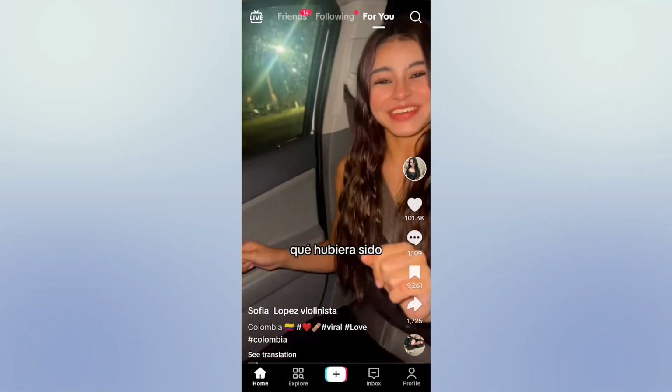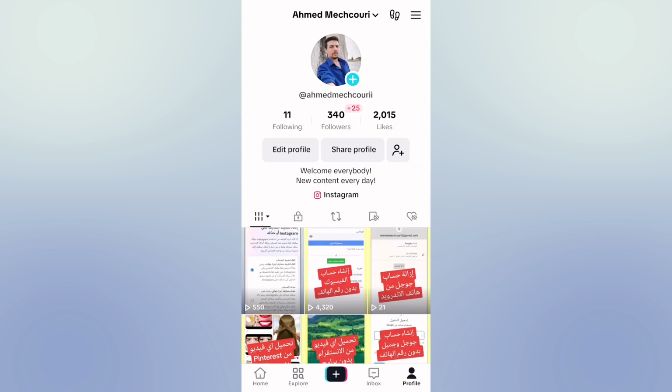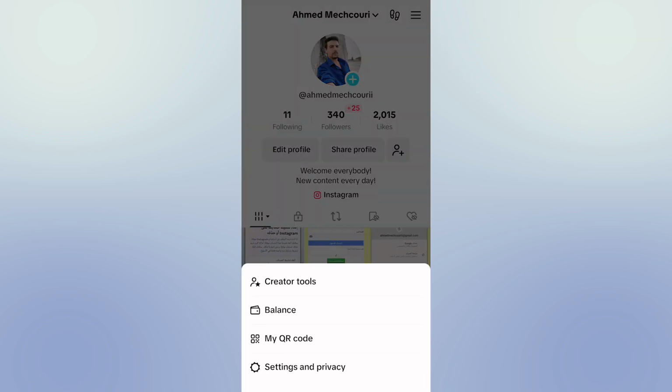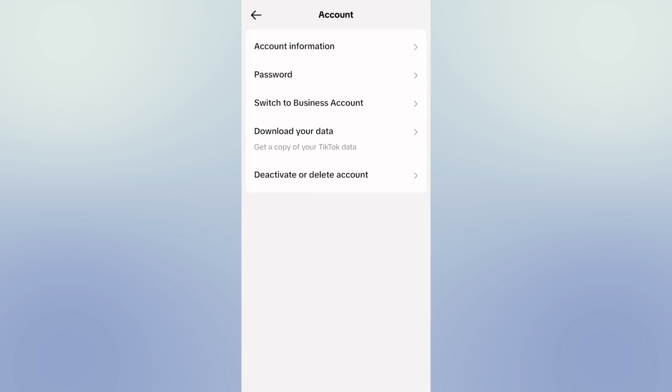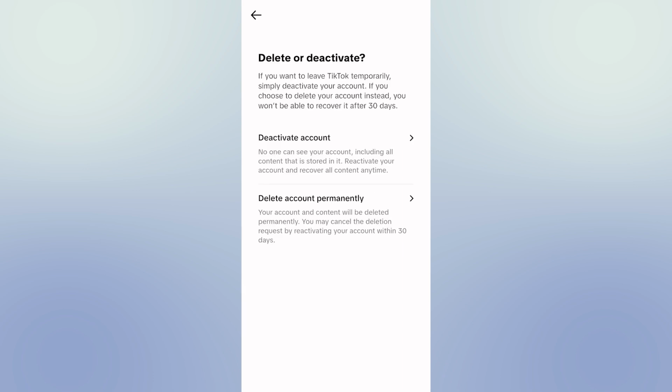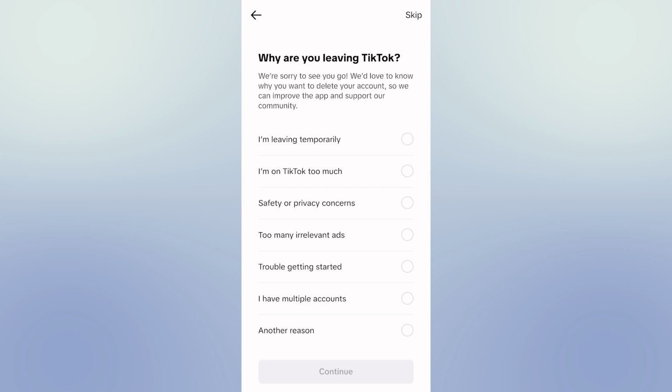Okay, first open your TikTok app, then tap your profile, then tap the three lines, then tap Settings and privacy, then tap Account, then tap Deactivate or delete account, then tap Delete account permanently, then tap Skip,